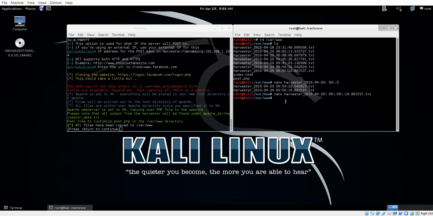And the human side of it would be, as long as you got them to click on the link and input the information, that's all you need for them to do. So the social engineering aspect would just be getting them to click on the link, because most people are smarter today and they won't just click on any link that gets sent to them. So you can get creative, and that's where hacking really gets fun. So I hope you enjoy this